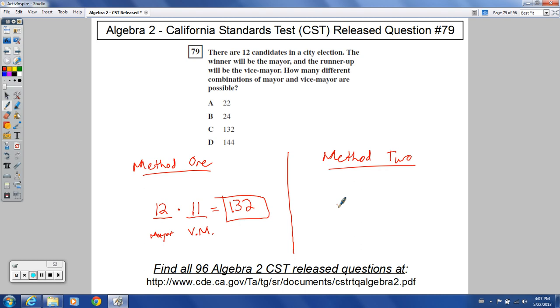And so this is a permutation. Permutations is where order matters. Combinations is where order does not make a difference. It does say the word combinations in here, so that could potentially throw you off, but permutations, hopefully you remember